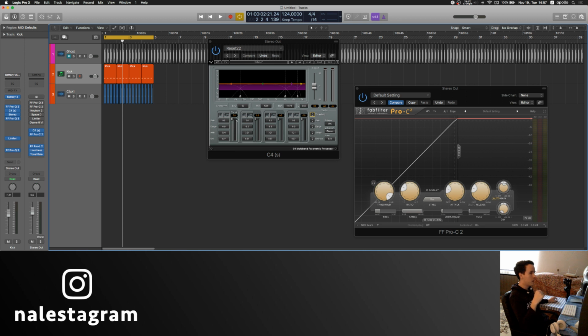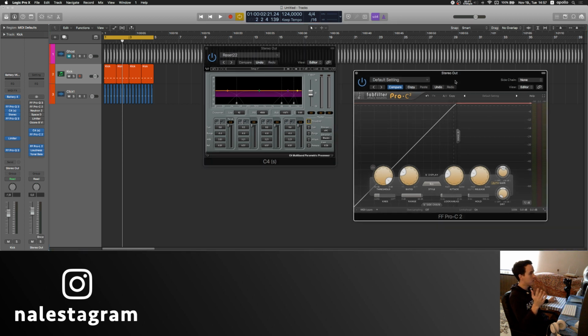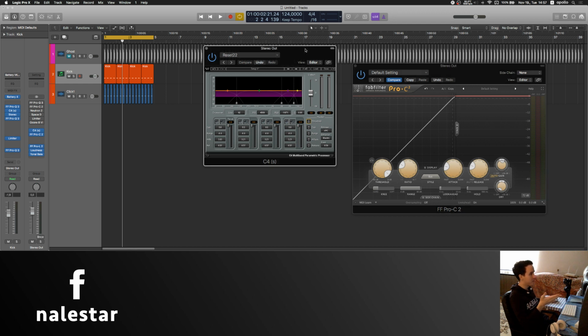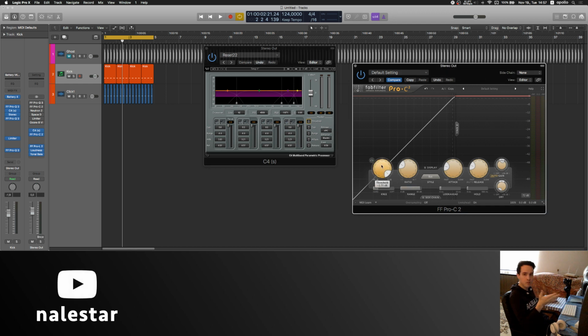So this is my C4 and this is my C2, and feel free to copy these compressor settings, because this is going to give everyone, not just myself,